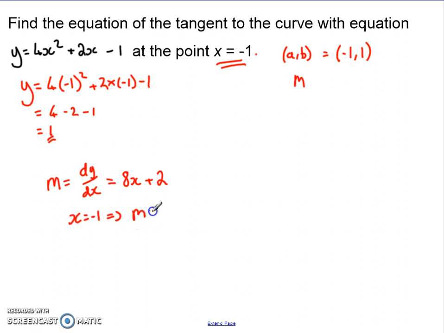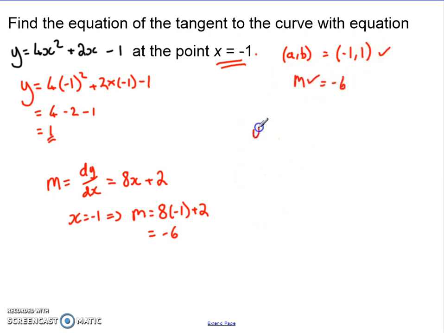And what that means is our gradient is equal to 8 times negative 1 plus 2. 8 times negative 1 is negative 8, plus 2. I know my gradient is negative 6. Now that I've got my gradient and I've got my point A, B, what I'm able to do